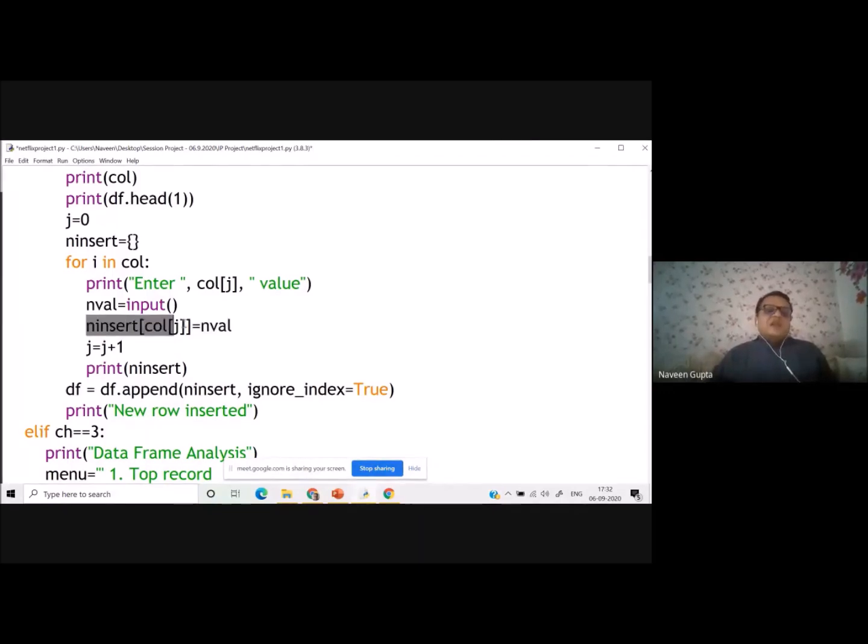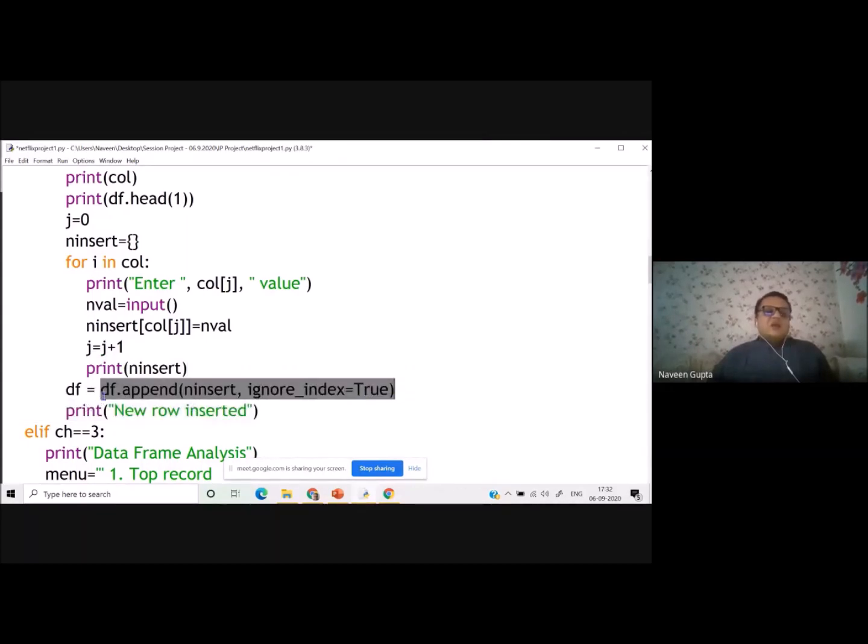So this will create a particular column value for me, and then I am increasing j = j + 1, so that my column index increases every time and my dictionary grows every time. And then I have printed the particular dictionary which I am appending to the data frame.